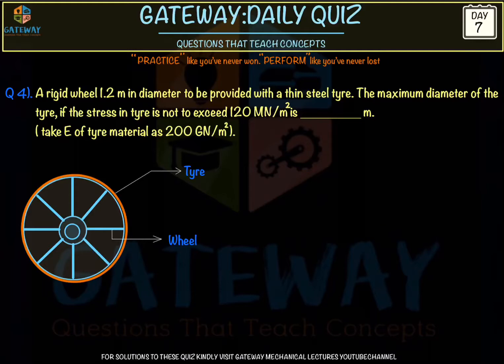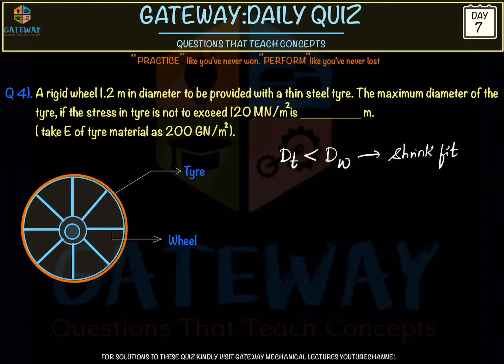So one thing we need to know is what the tire diameter should practically be. Should it be greater than the wheel or less than the wheel? If it is greater than the wheel, then there is no need of heating it. We can simply place it over the wheel, and soon it will come off. It should not happen. So the tire diameter, let it be dt, should be less than the diameter of the wheel, dw. Only then we'll have a shrink fit, where the metal tire shrinks onto the wheel.